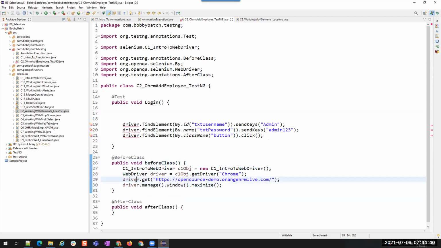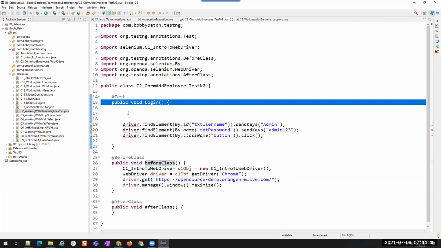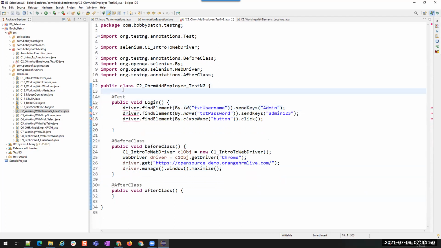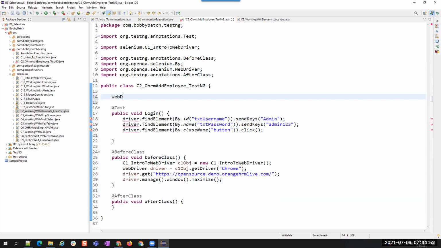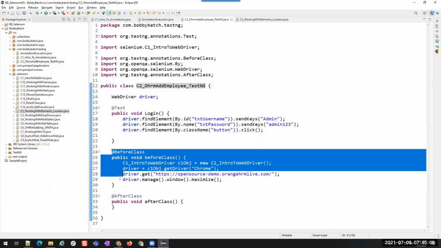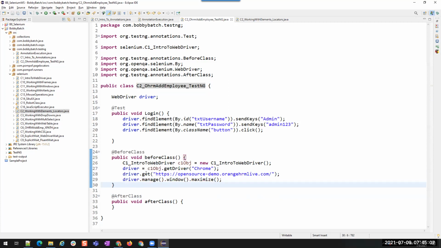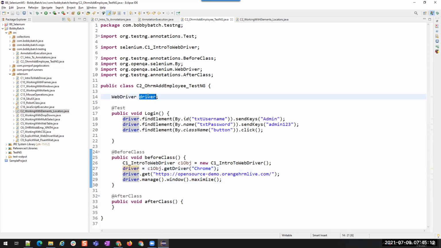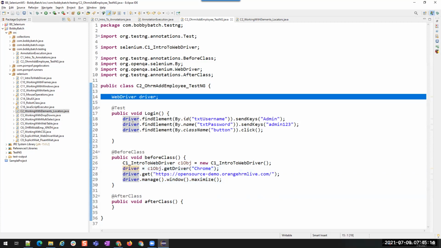But see, the driver is created inside this before class, but I want to use it inside this method. Right? So I have to pass the driver object to this class. Instead of passing the driver object to that method, what I'll say is WebDriver, and here I'll say driver. So what am I doing? I know that before executing this class, this method will be executed. So when this method is executed, it will get the driver and assign it to this driver variable. This driver variable is my class level variable. The same driver variable I'm using on the